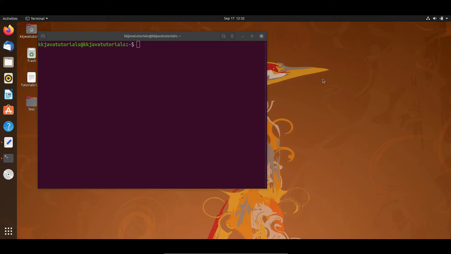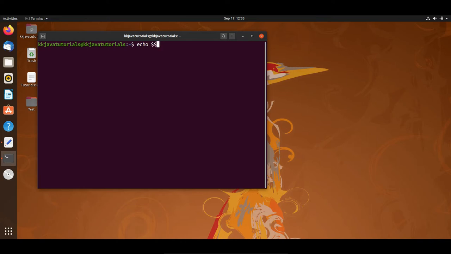For example, the dollar character represents the process ID, or PID, process ID number of the current shell. So if you go to your terminal and type echo and then dollar and again dollar.